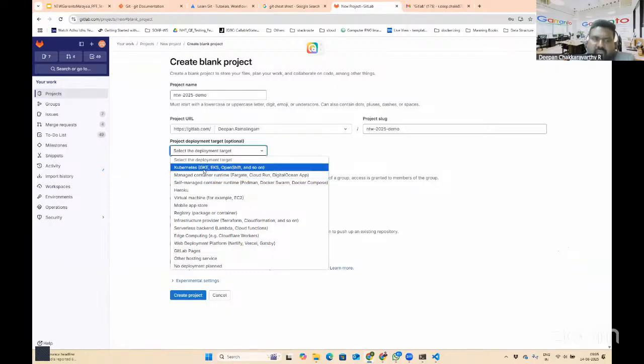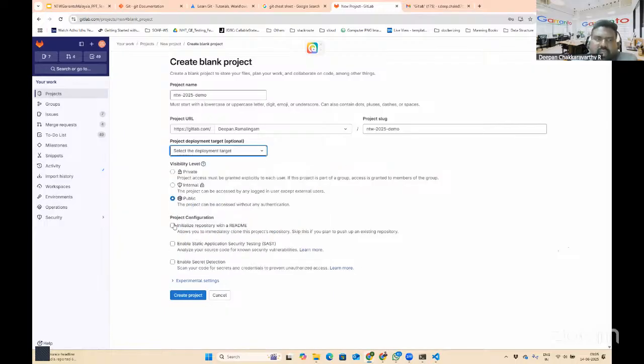This is typically a template depending upon the platform to which we are going to deploy. If it's an application that we want to deploy, you can choose a template, and it will give you an initial configuration that you can edit. Right now, I'm not going to deploy this anywhere. I've left this blank and selected public. And now I'll say create project.